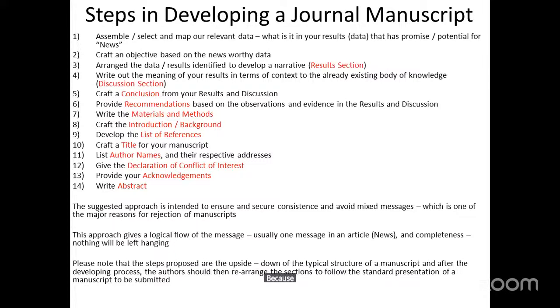Because each table, each graph, each dendrogram, each quote that you've selected to constitute your result has a process by which it was obtained. So the materials and methods section, or the methodology, or the approach, is a process where you describe chronologically